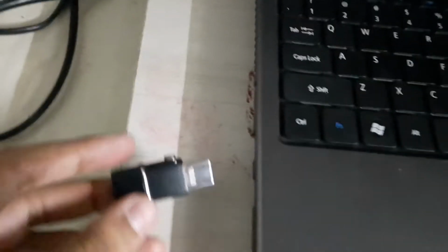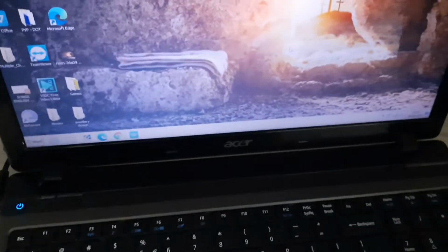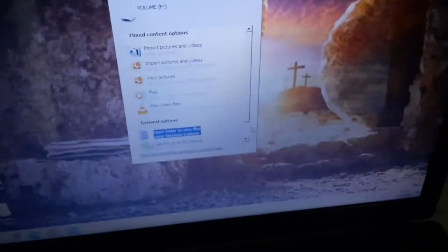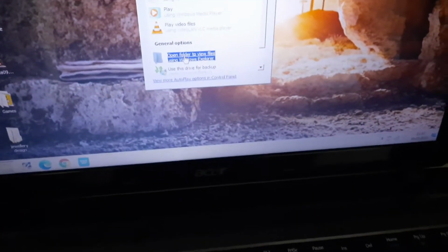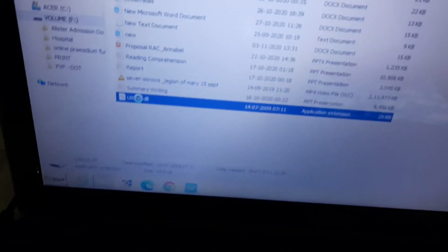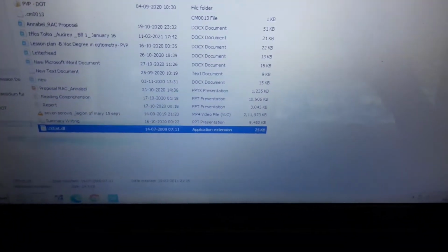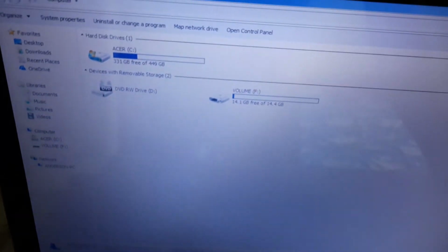Now we're going to go ahead and plug in a pen drive to copy the DLL file. So as you can see, we have a working DLL file over here, and we're just going to go ahead and copy it to our Windows and system32 folder.